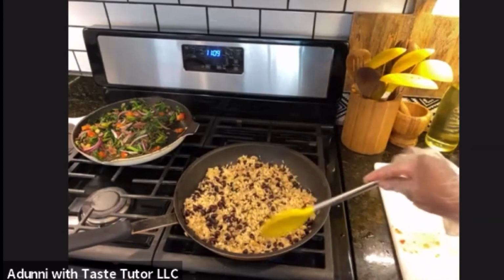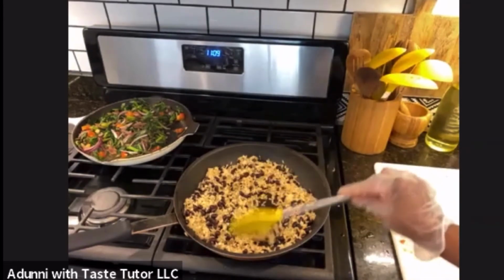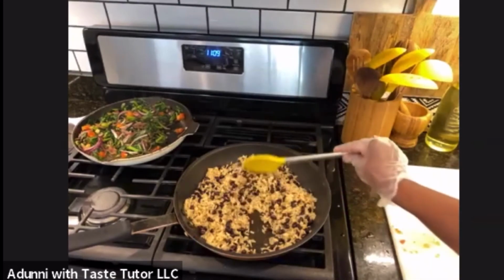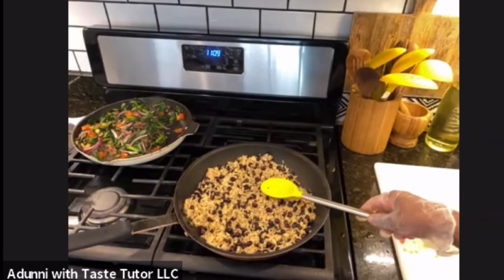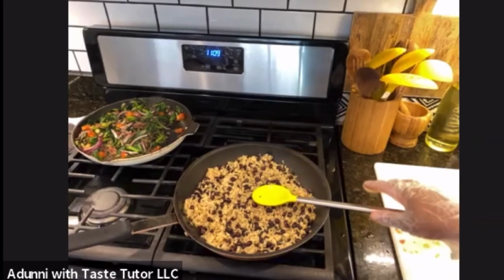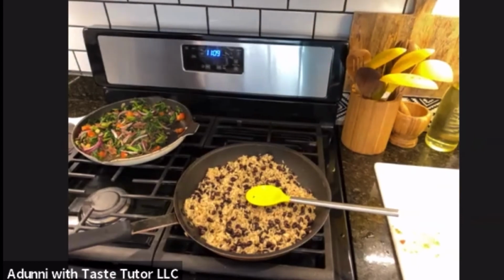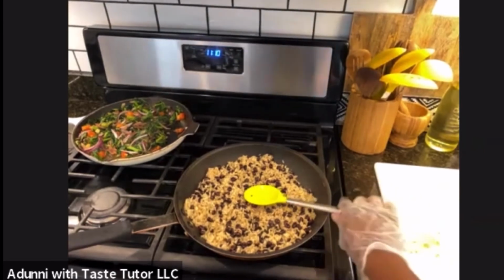So that's pretty much done. We've got some toasted rice, the beans, everything's coated with the garlic. So we're gonna turn that off. And while I'm plating, I'm gonna give you the results of our experiment with the kale. Okay, so